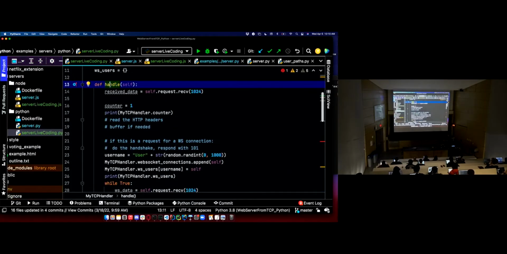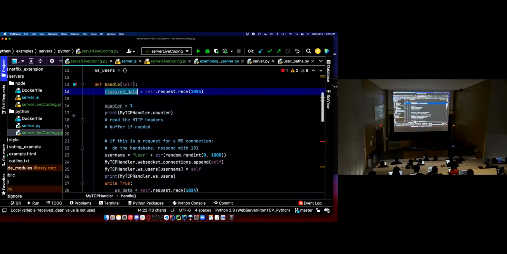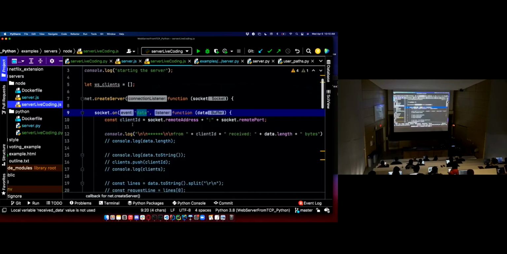The handle method is called once per connection. I misspoke there. In JavaScript, it's like calling the receive method. Receive is going to get some bytes. This is like the receive method was called, and there are bytes to be read. And here are the bytes in this data. Here's the bytes of your data for any TCP connection.